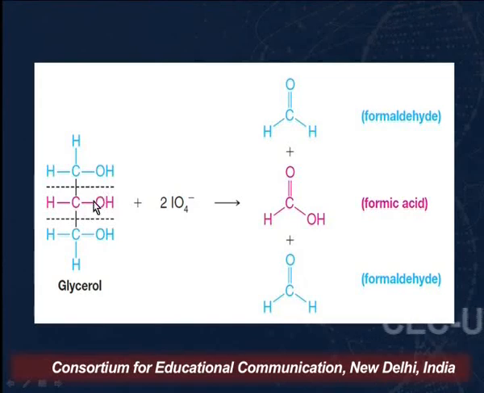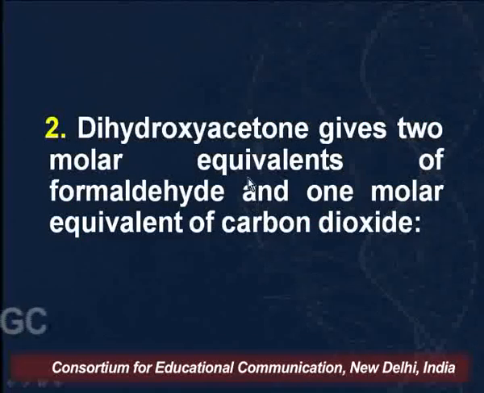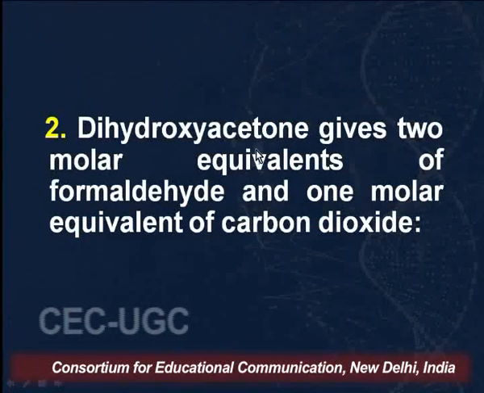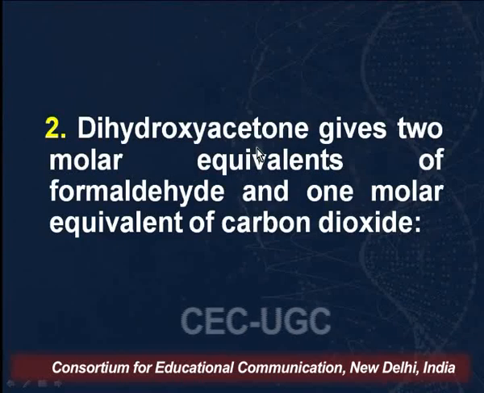Since it is in the center and the two valencies are vacant after the fragmentation, you will add one OH here, one OH here, we have three OH here now, it is unstable, remove a water molecule, you will get formic acid. Similarly, this will be converted into formaldehyde. Now we go on to dihydroxyacetone. Now if we look into dihydroxyacetone, what do we find?